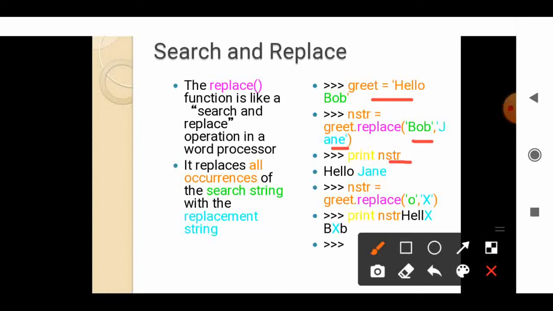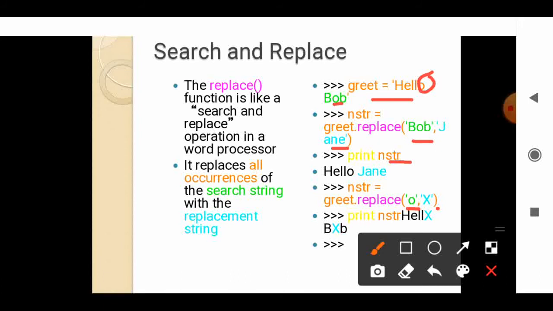The next NSTR equal to greet dot replace of a single character. You can also replace a single character, but the character should be enclosed within a string value. So the O character we want to replace with X. Where is my O character in the string hello pop? O here and here also.